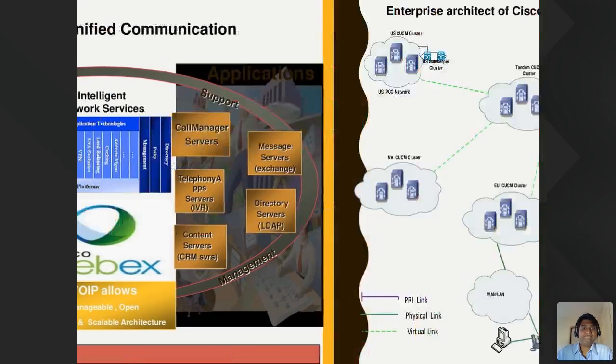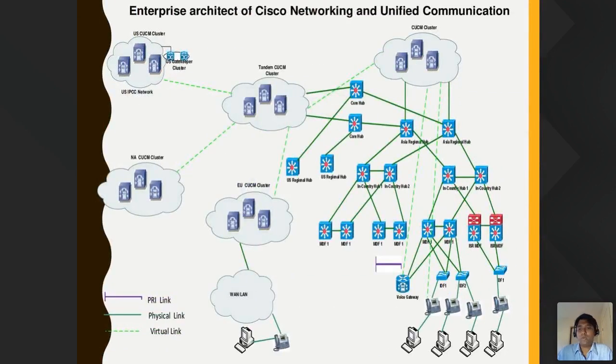I have to explain everything and it takes a long time, but I'll try to be as short as possible, because I need to cover how to pursue the certification, how to set up a home lab, the study materials, and also Q&A. We just have another 20 minutes, so let me quickly go through it.